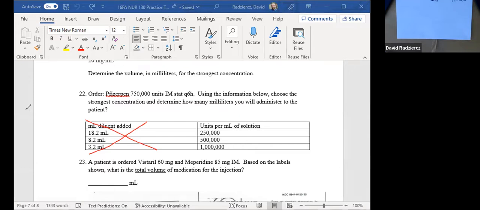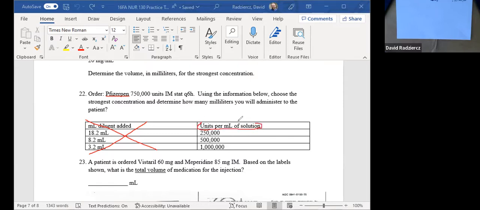So if you got a question that said, how would you prepare this medication, or how would you prepare the 500,000 units per milliliter solution? You would add 8.2 milliliters sterile water to the powder, shake it up, and then now it's ready to be used. So now that you know to ignore this column,